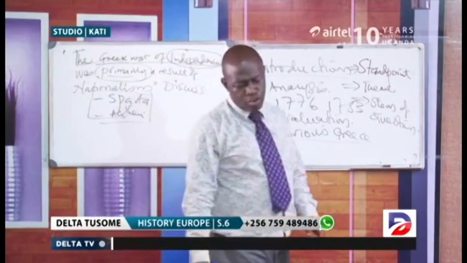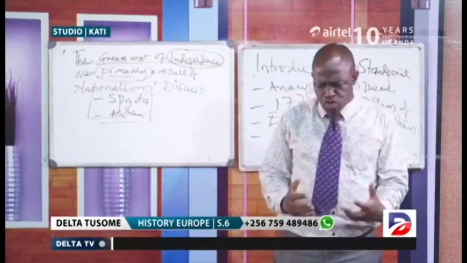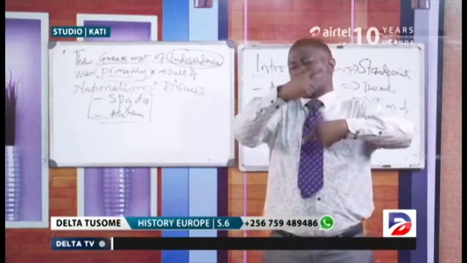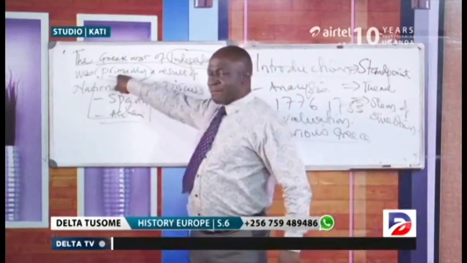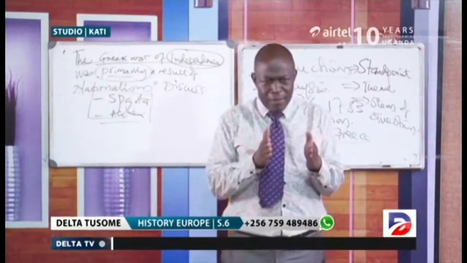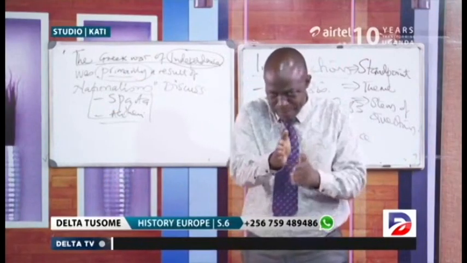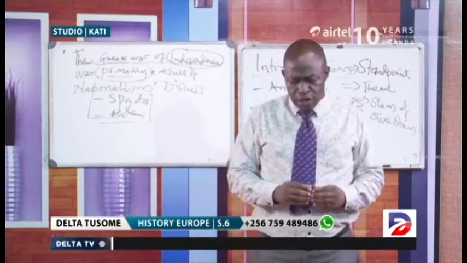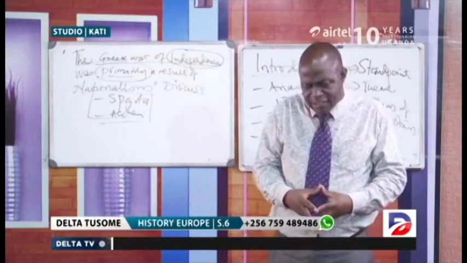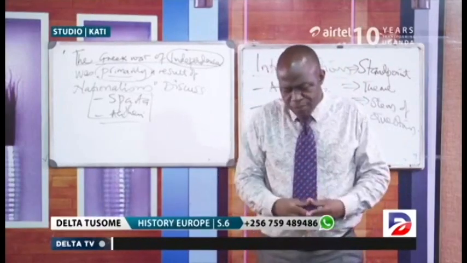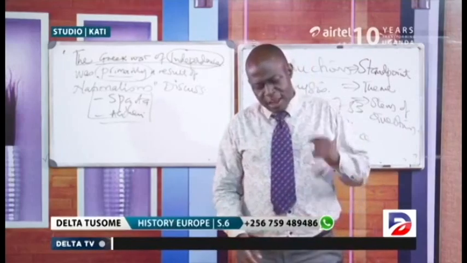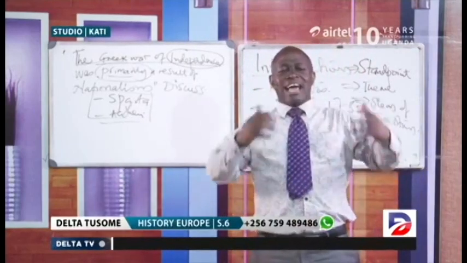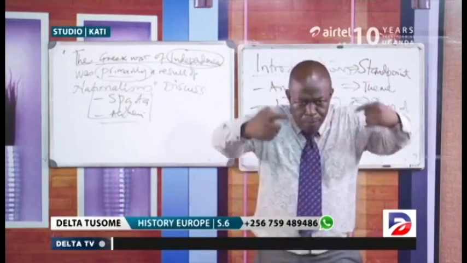So our conclusion should be: in conclusion, to a greater extent, the primary cause. The examiner used "primarily", I'm using "primary". We are still together. So, in conclusion, to a greater extent, the primary cause of the Greek War of Independence was the desire to gain complete